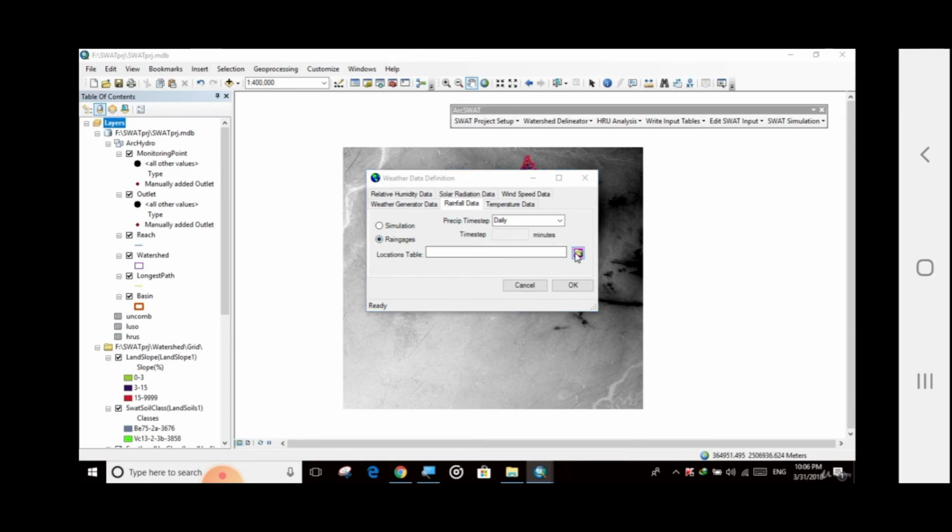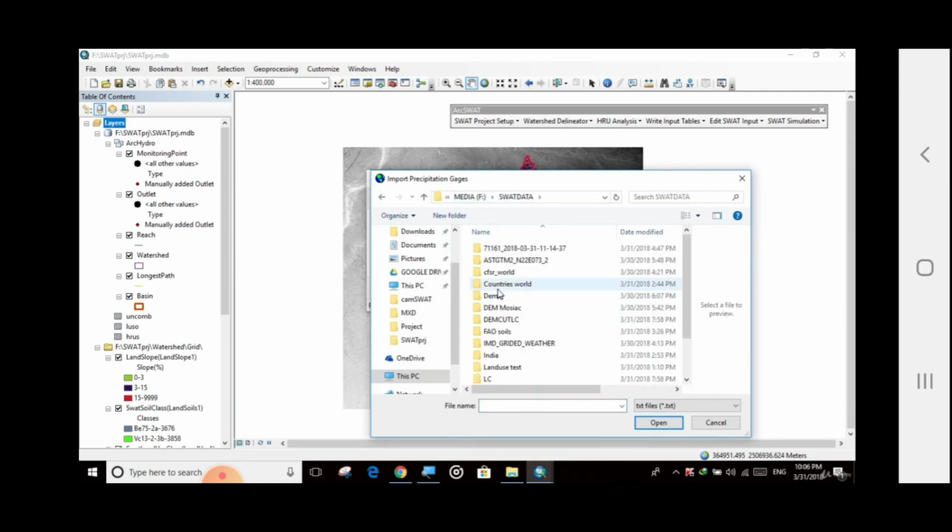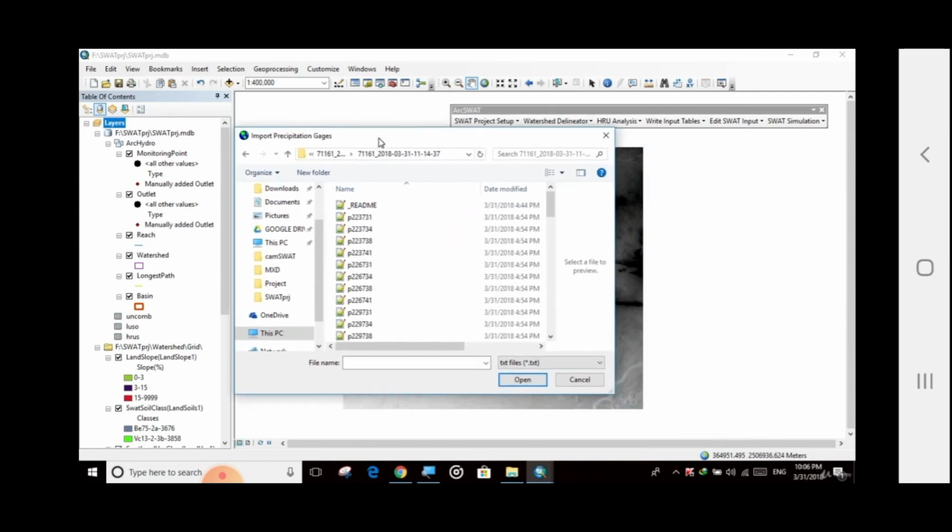So click this button. Browse to your data where we saved it in the SWAT data folder. You see this file. This is the same file which we downloaded from global weather. In this file, for rainfall, select the index file named PCP. Click open.